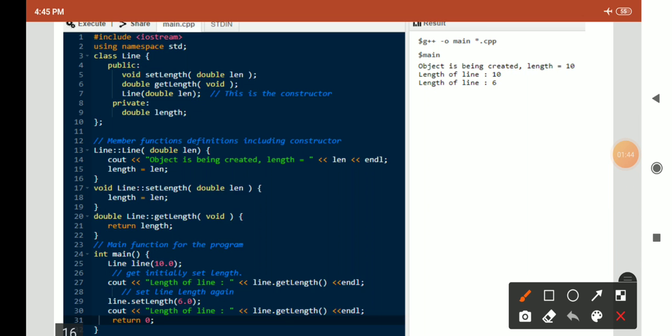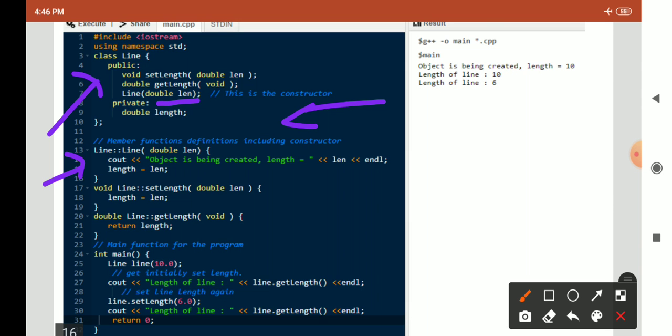Consider the same example. Previously we saw the Line class, but the difference here is that previously we only wrote the brackets and the semicolon, but here we mention one parameter, a double len. In the definition of the constructor, again you give the class name, the scope resolution operator, and then the constructor name.